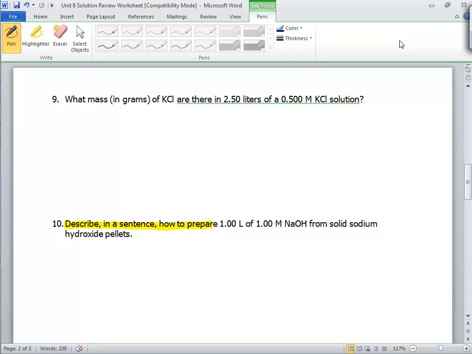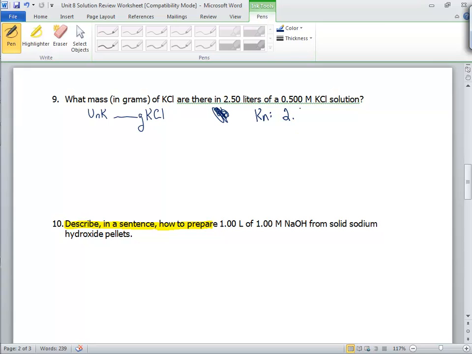Number 9, what mass in grams? So as I start this problem, I'm going to focus on realizing that the thing I am looking for is grams of potassium chloride that I need to solve this problem. And the things that I'm given to work with, the information I know, the thing I know is that